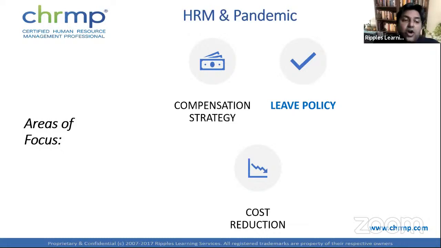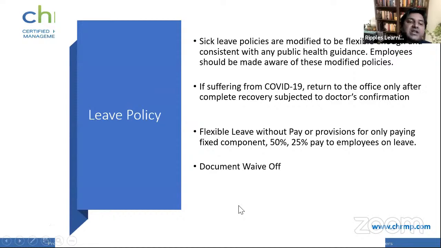But these are all things that are changing in the pandemic, the situation that we are in. But we are discussing leave policy, so I would remain limited to the discussion on leave policy, because other elements cannot be covered in the short time that we are in here, right? So when we talk about leave policy in a pandemic situation, how is the world responding to it? So this is how the world is responding to it.